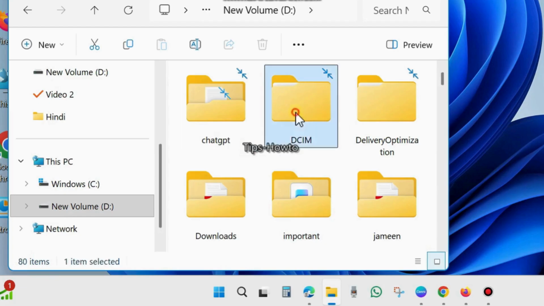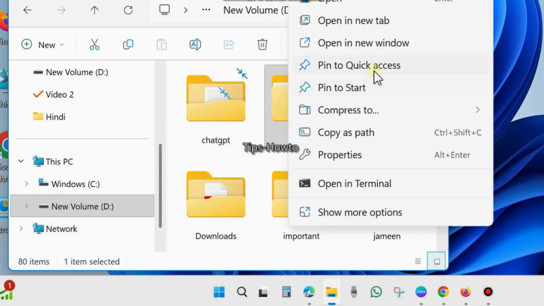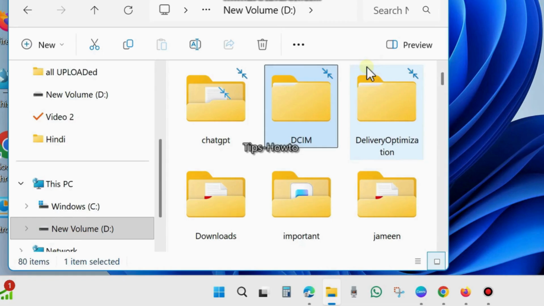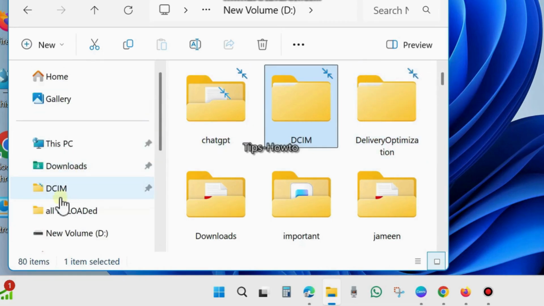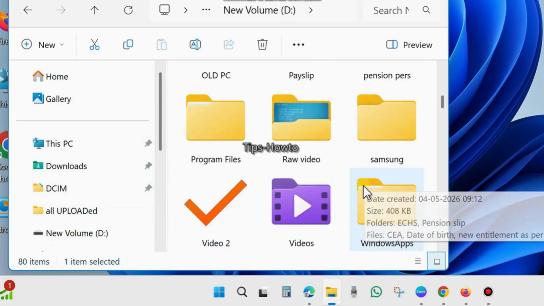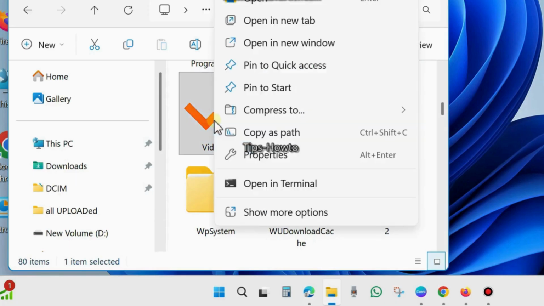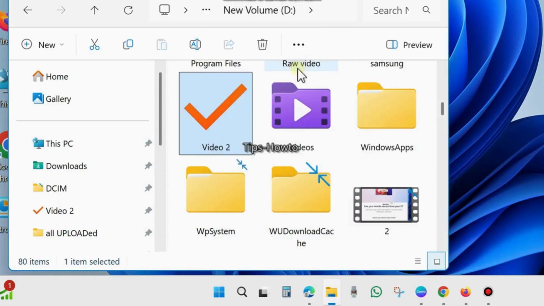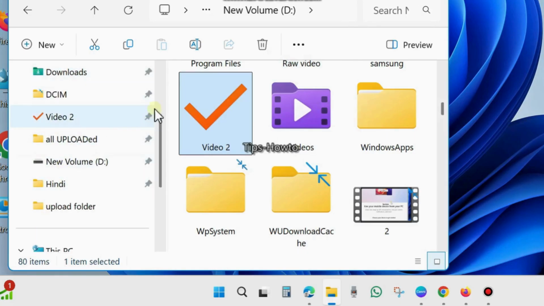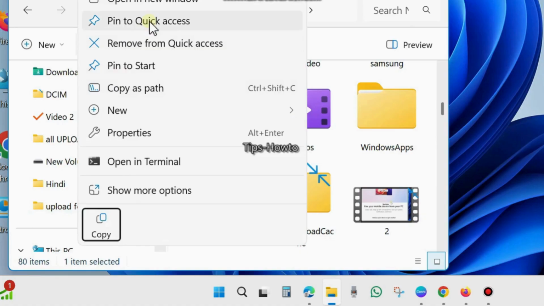Now we will see how to add other files and folders. Go to the particular file or folder, right click on it and choose Pin to Quick Access, and you can see your selected folder is now successfully pinned to the Quick Access panel. Simply right click on it and choose Pin to Quick Access, and all your files and folders will be successfully pinned in the Quick Access panel of File Explorer,